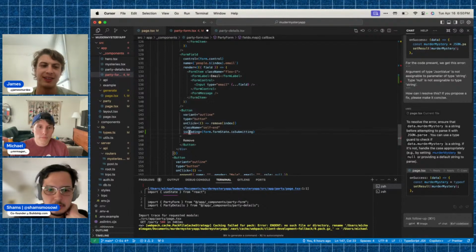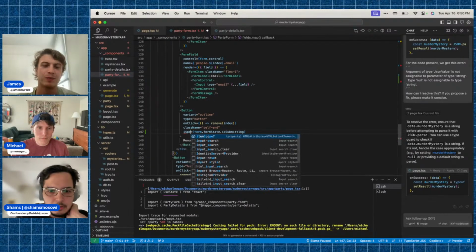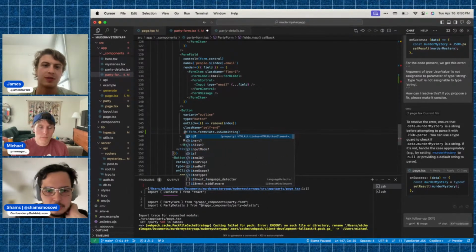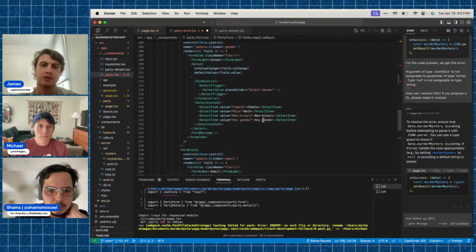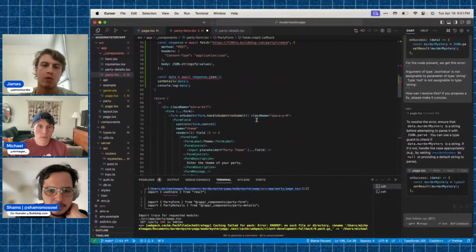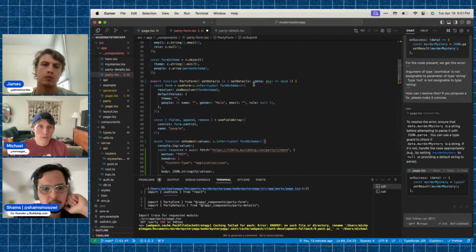Nah, I don't think we need to guess. Let's set up the hook first, like a state for loading, and then we'll ask Cursor to modify the button. So add the hook first at the top. Okay.